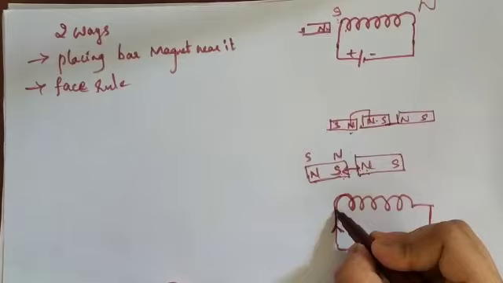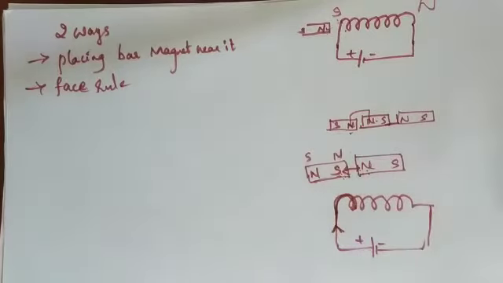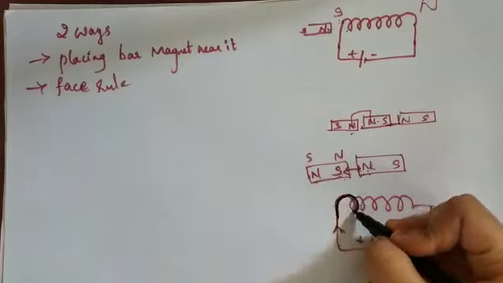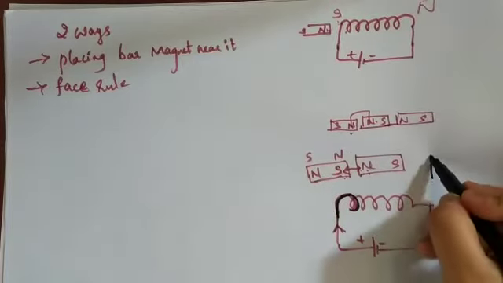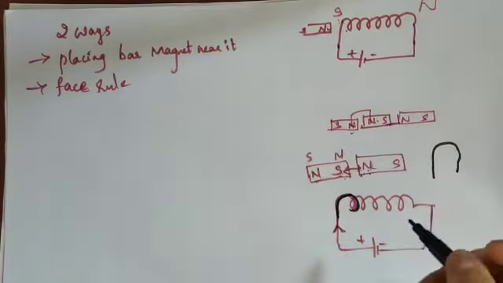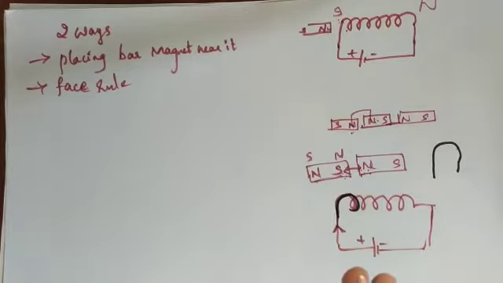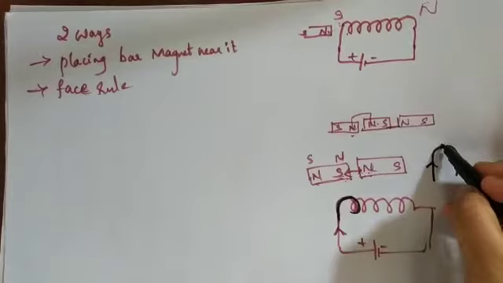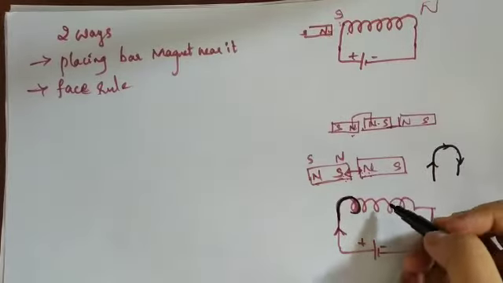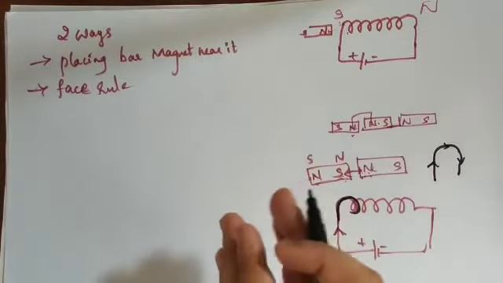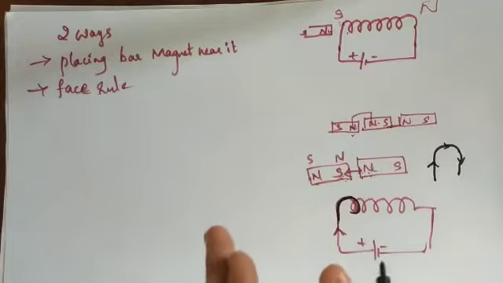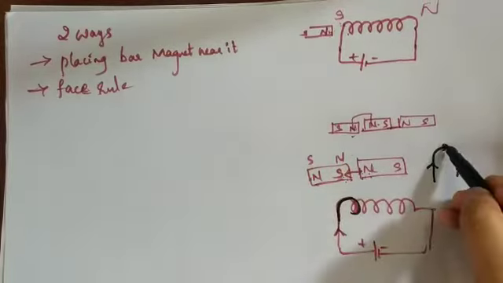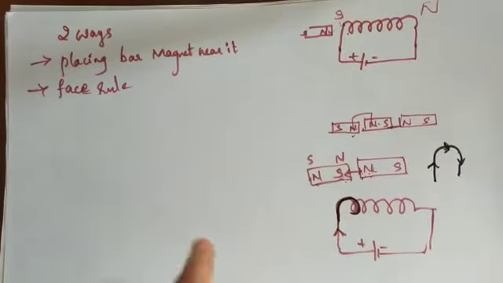I'll draw this same thing. This part I can draw like this, isn't it? It is like one circular loop that we have considered. In that, electricity is passing in this way. Now, according to the phase rule, we know when electricity is passing in the clockwise direction, it is moving in this direction, entering the solenoid.